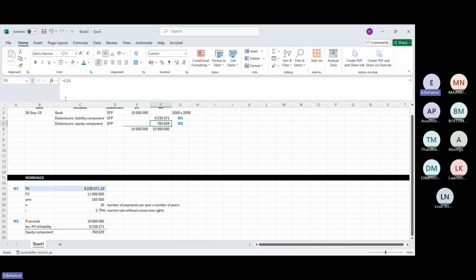So we know we need two parts because it's a conversion rate. We have to have two parts, liability and equity. So important to take note. We first work out the market related rate for the debenture, excluding conversion rights, and then the difference goes to the equity component. The last part I want to cover over here